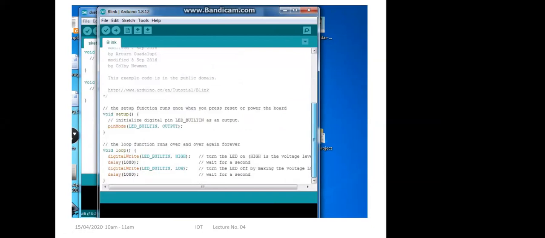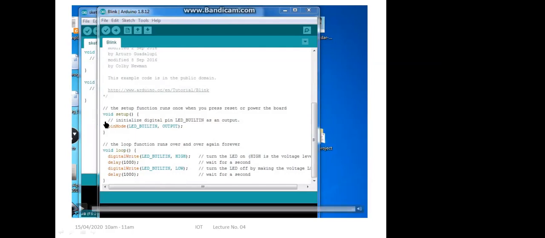Your program starts from void setup, right? So this is your program actually. From here to here, this is your program, right? And these are all comments. You know, where the double slash is, that is a comment about what the program line does, a description of each and every line of your program to help you understand.